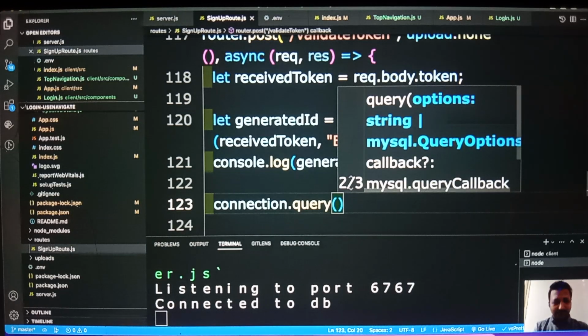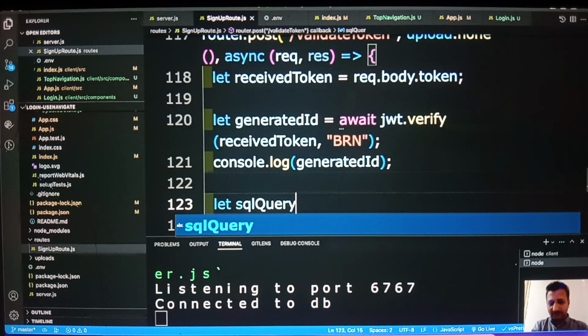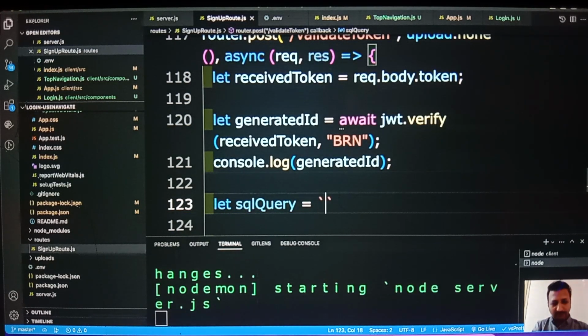So I will be creating the query. Let SQL query equal to